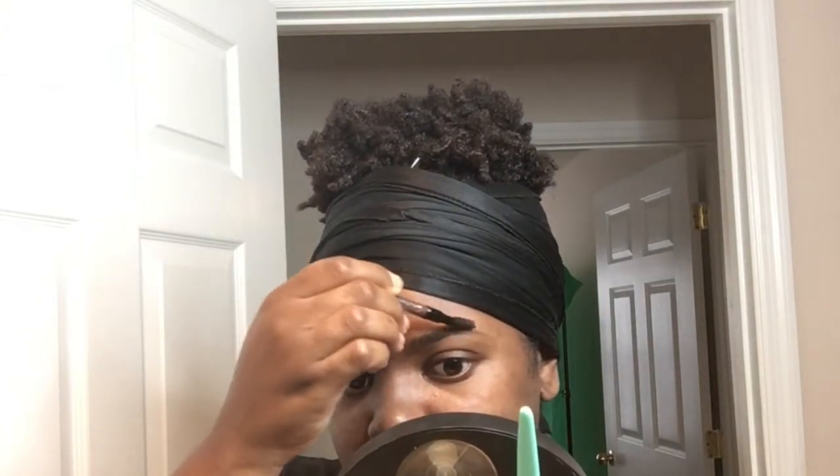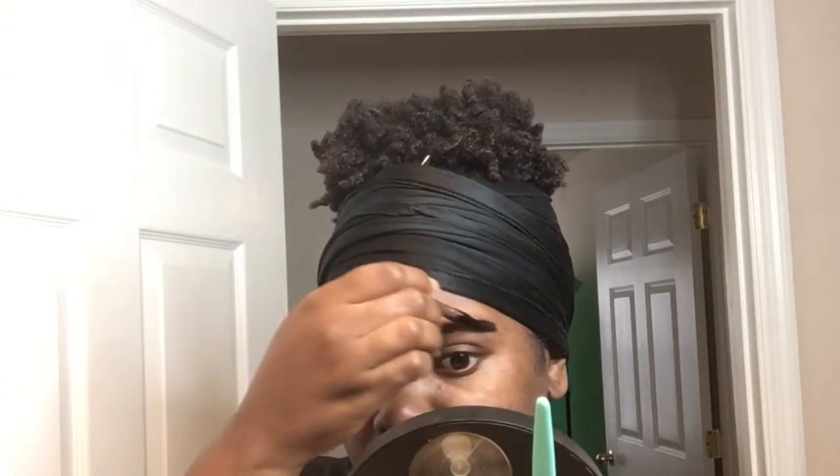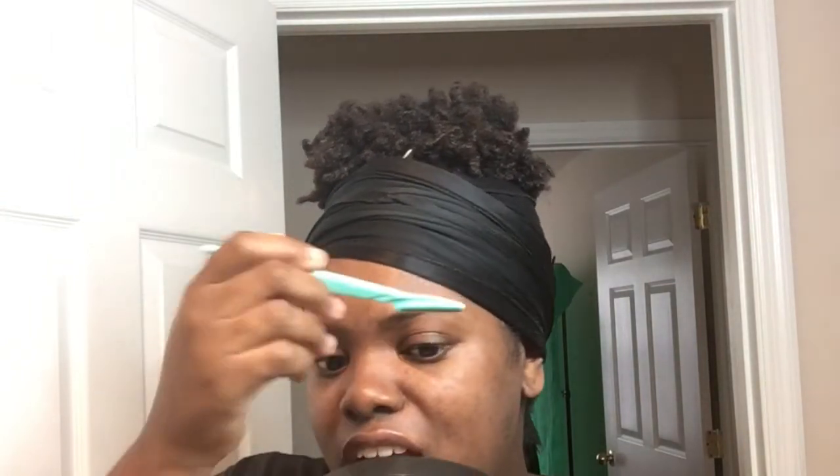I don't really try to draw them or recreate them. I just kind of go with the flow of them a little bit. My eyebrows are really thick, so I don't want to mess them up because I just love how thick they actually are. One last thing that I'm going to do